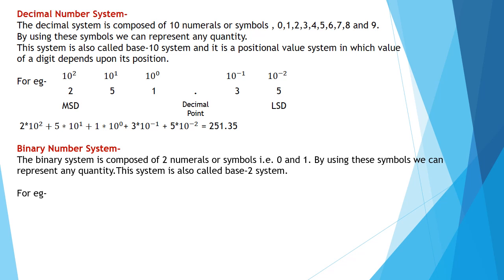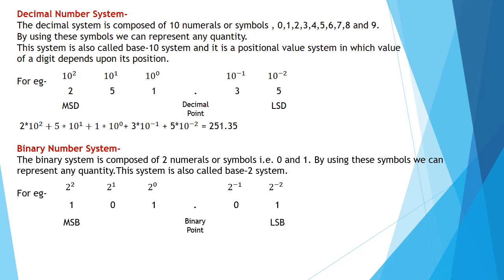For example, you can see that here you have this number 101.01, or in binary you will write it as 101.01. Since the first bit has the highest weight, it is given as the most significant bit, and the last one has the least weight, so it is known as the least significant bit. Here the decimal point is known as the binary point in the binary number system. In decimal it was a decimal point, so here we have a binary point.